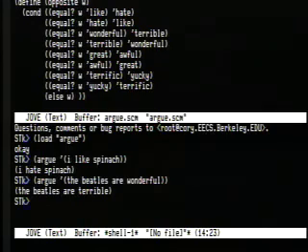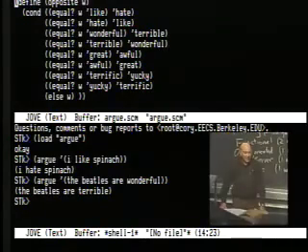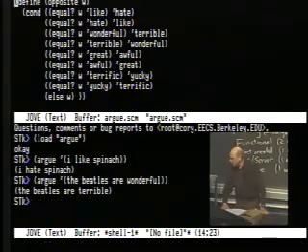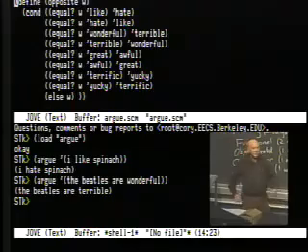So if the word is like, then return the word hate. If the word is hate, return the word like, etc., etc., etc. And then at the very bottom, else, if it isn't any of those words, in other words, return the word itself. So that's why opposite of I is I, opposite of spinach is spinach. It's because of that else clause at the bottom. Okay. I'm talking really fast because we have a lot to get through. So I hope this all works.